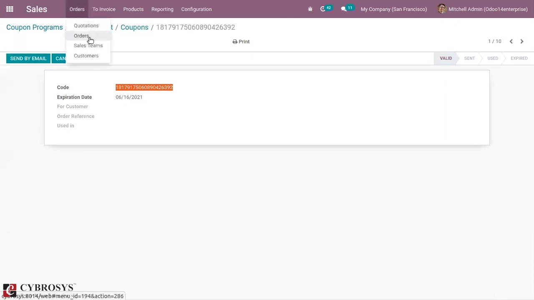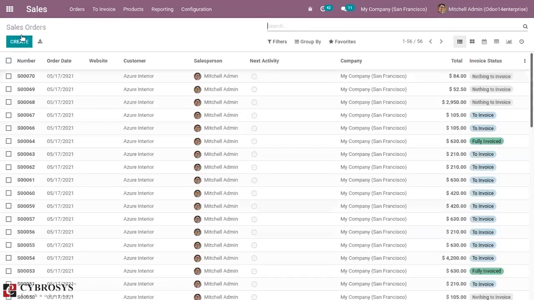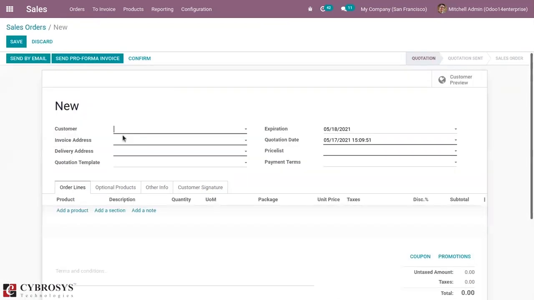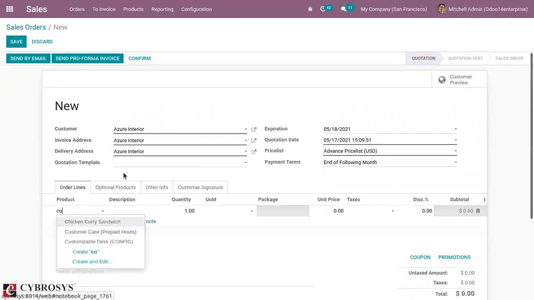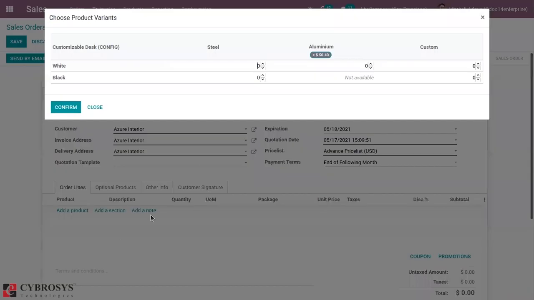Now I'm going to create a sale order. I'm choosing the product customizable desk.